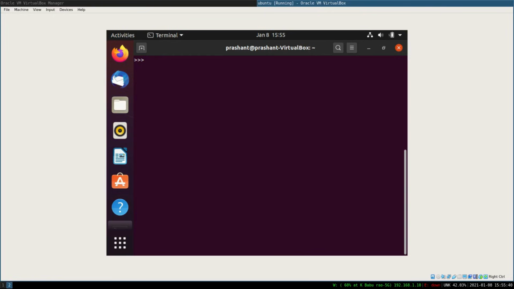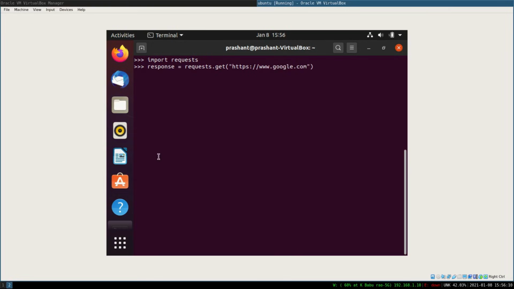For importing any packages, let's say there is a package called requests, you can access any URL using this. You import requests, and let's get a particular website using this: requests.get, www.google.com.